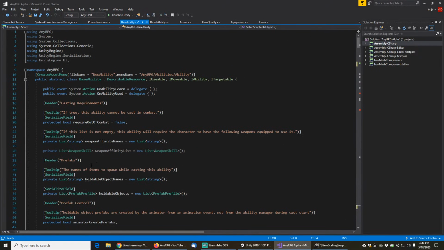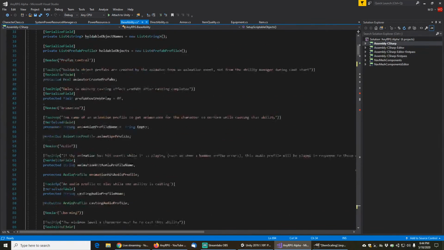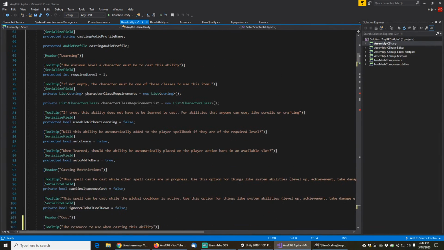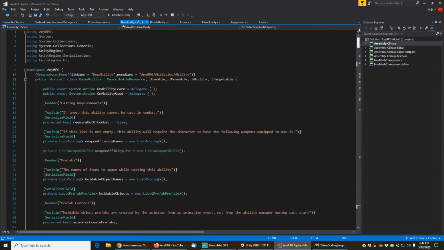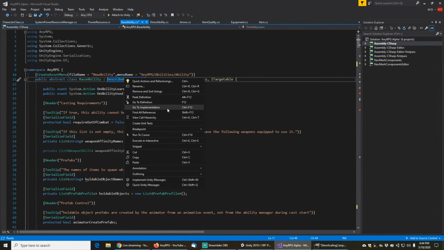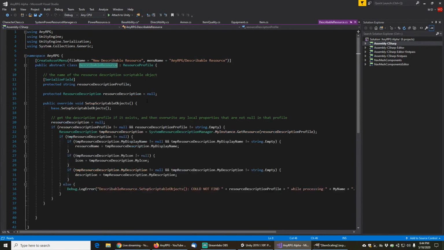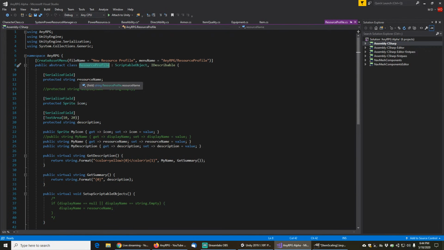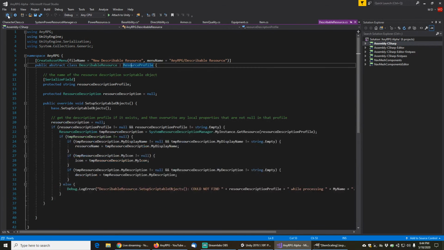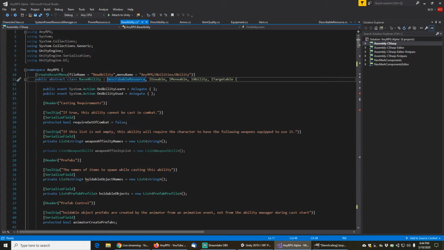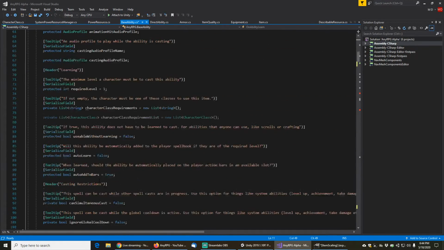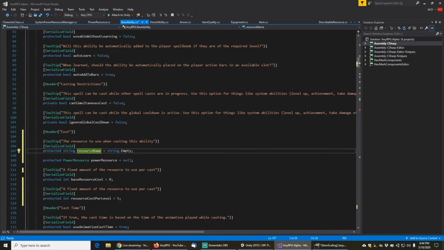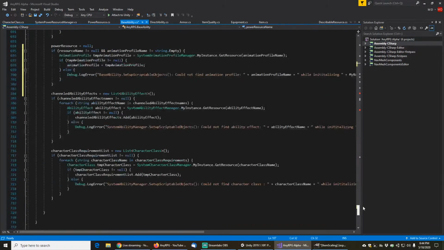I feel like resource name is actually a field of describable resource. It totally is. And I'm just overwriting it, I think. So we'll have to use actually PowerResource name then. Okay. So then